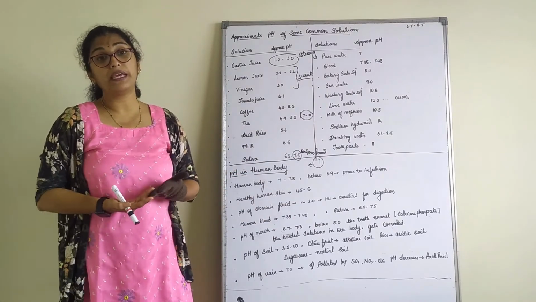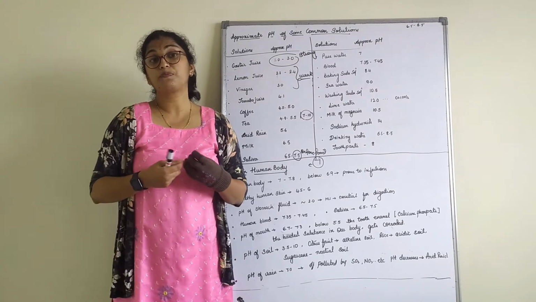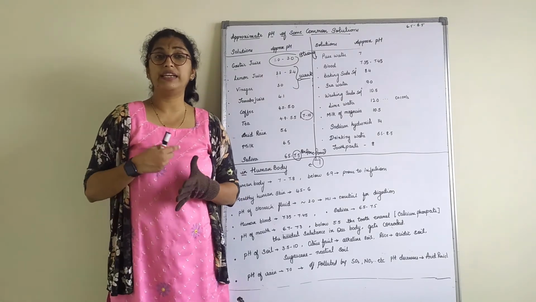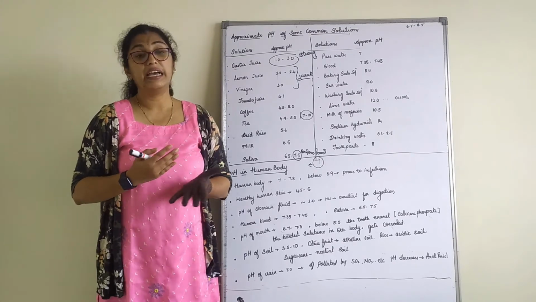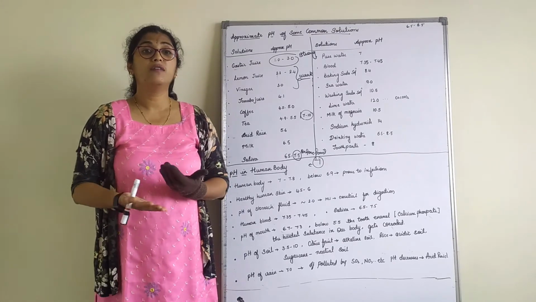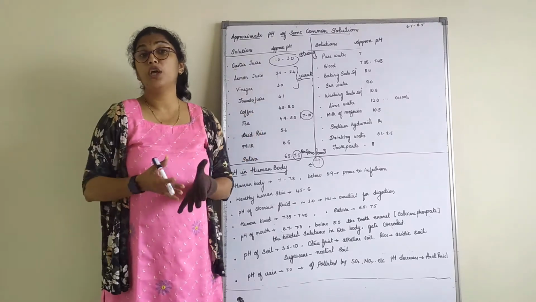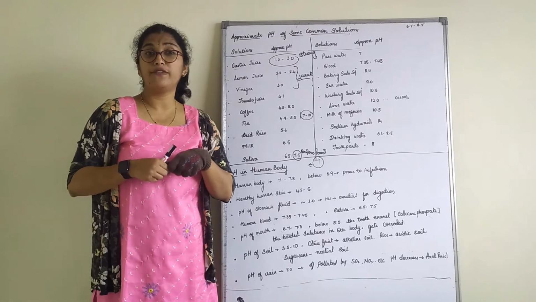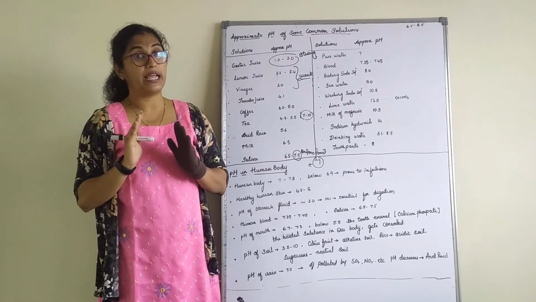Now, how can the pH of our mouth fall below 5.5? That is because when we eat something, chocolates or anything, if we do not brush our teeth and we just go to bed like that, what happens? Bacteria will start jumping on them. Whatever food we have enjoyed for the whole day, bacteria will enjoy on that food for the whole night, right?